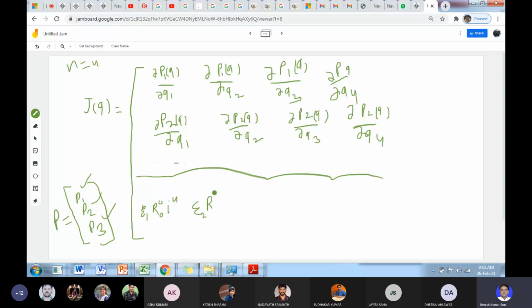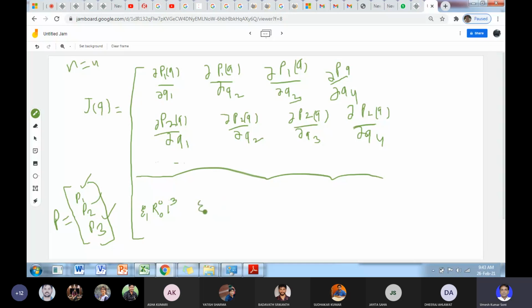Okay, so for the second, 2 minus 1, that is 1, 0, I4, sorry, this will be I3,